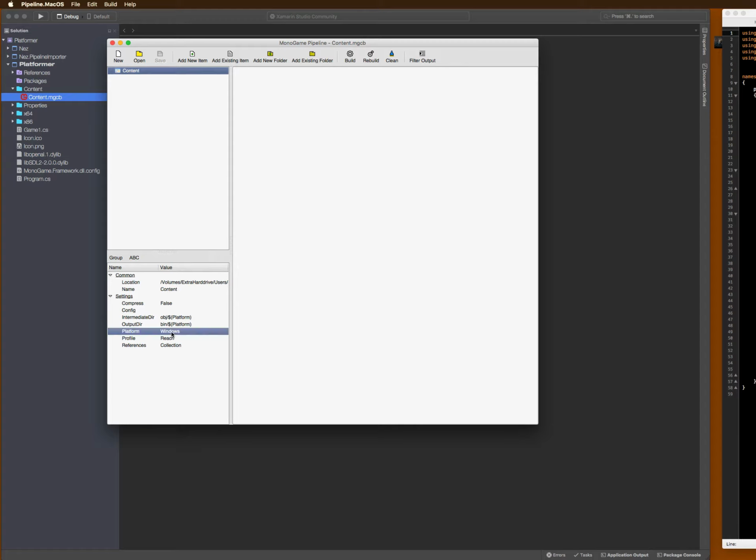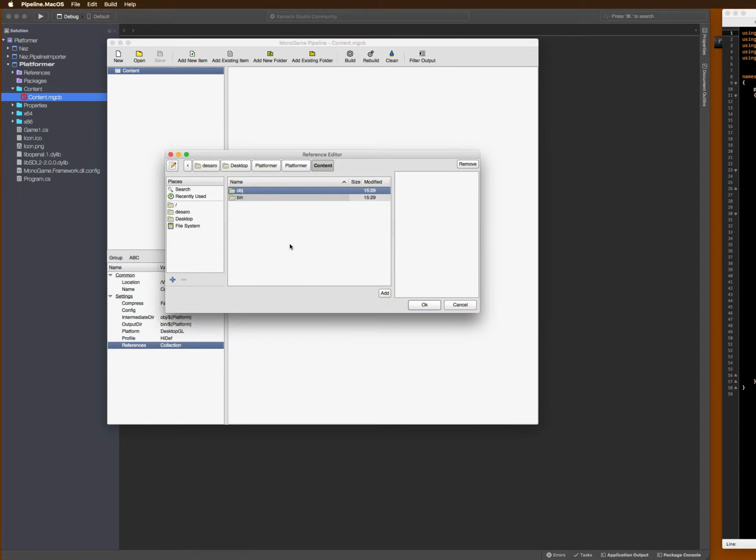Okay, so let's just do a little bit of setup here. First things first, platform is not Windows. We're actually DesktopGL. And our profile is not Reach, it's HiDef. So we got that set, and now we need to let the pipeline tool here know about the NES pipeline importer. So what we're going to do is click collection, and what collection is